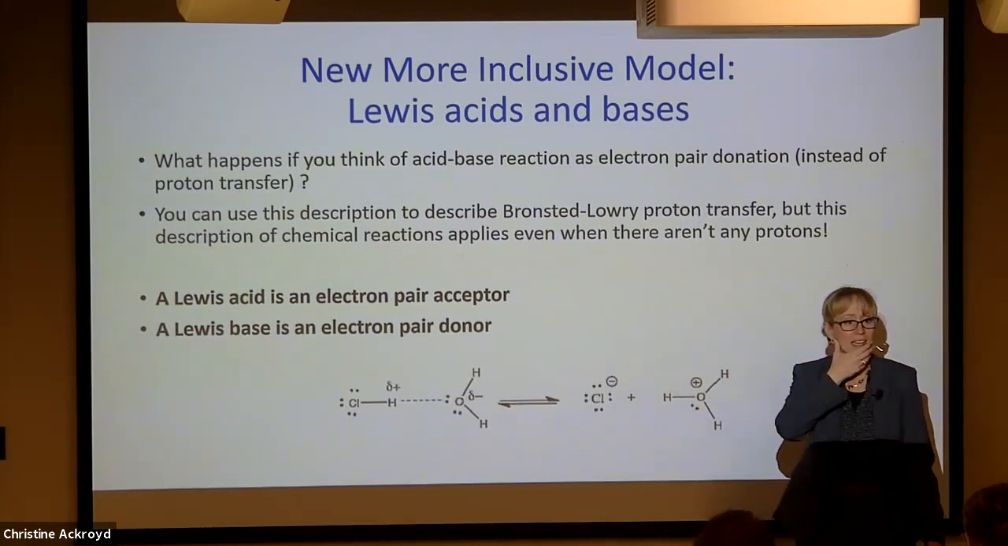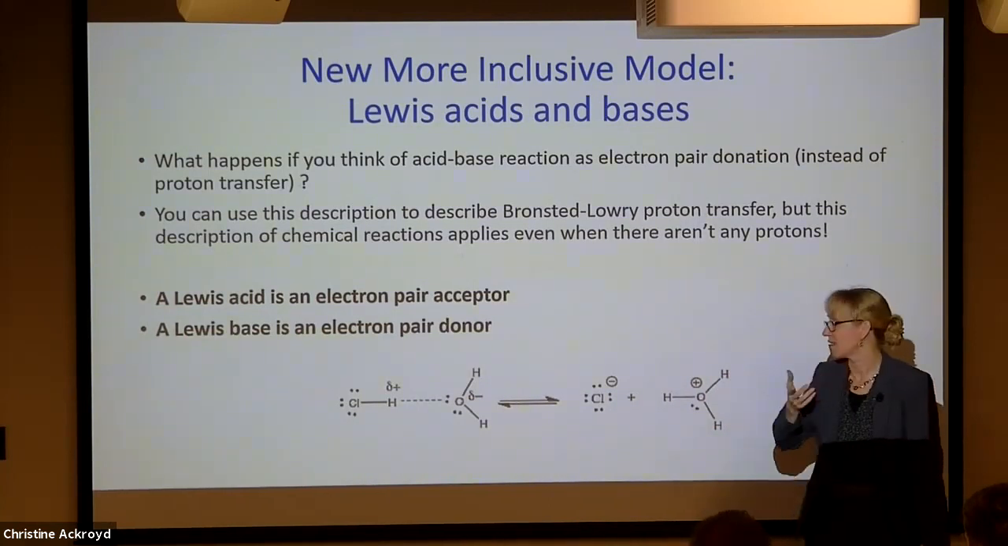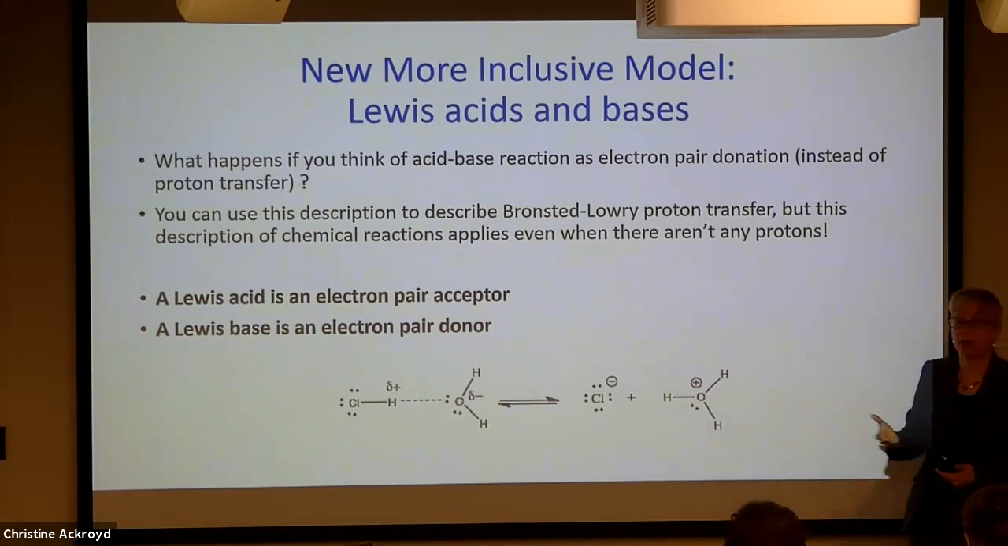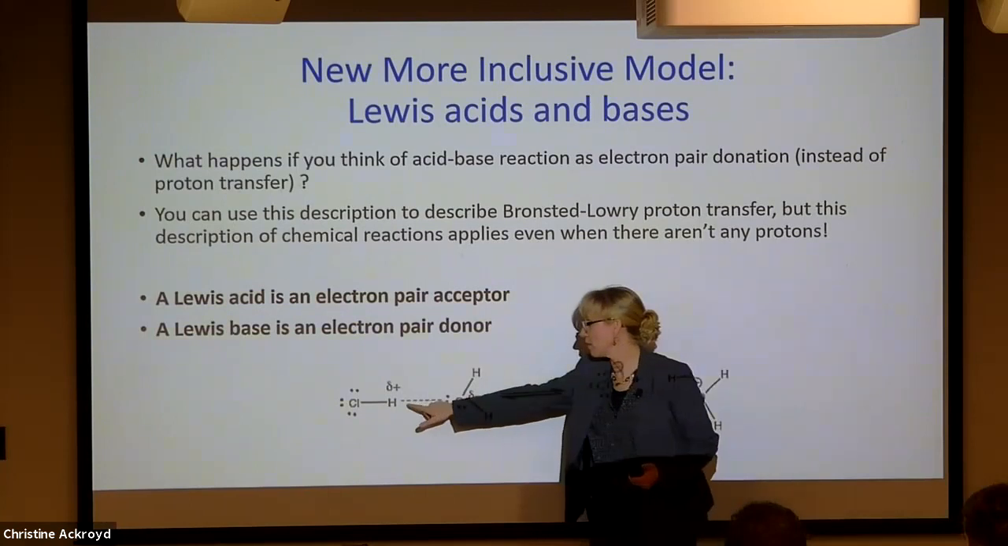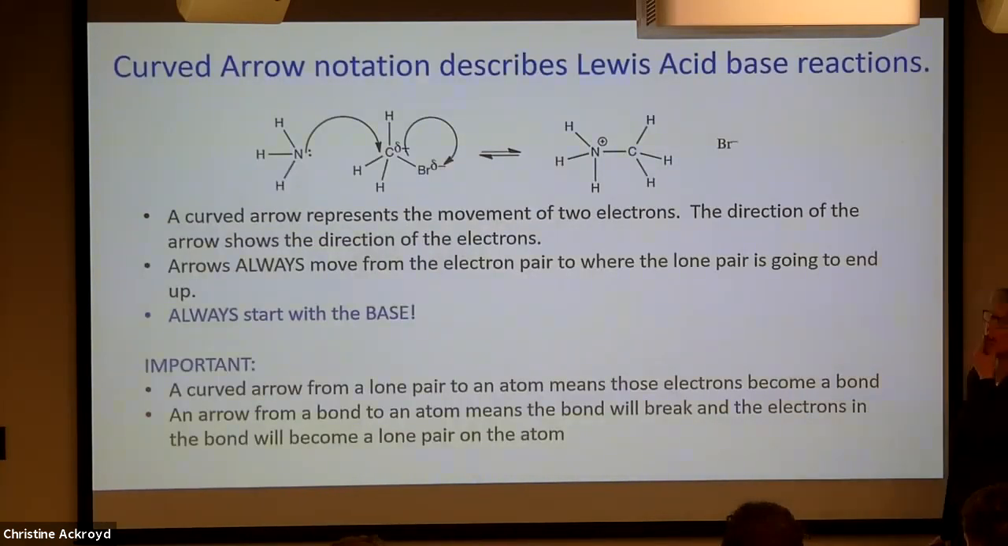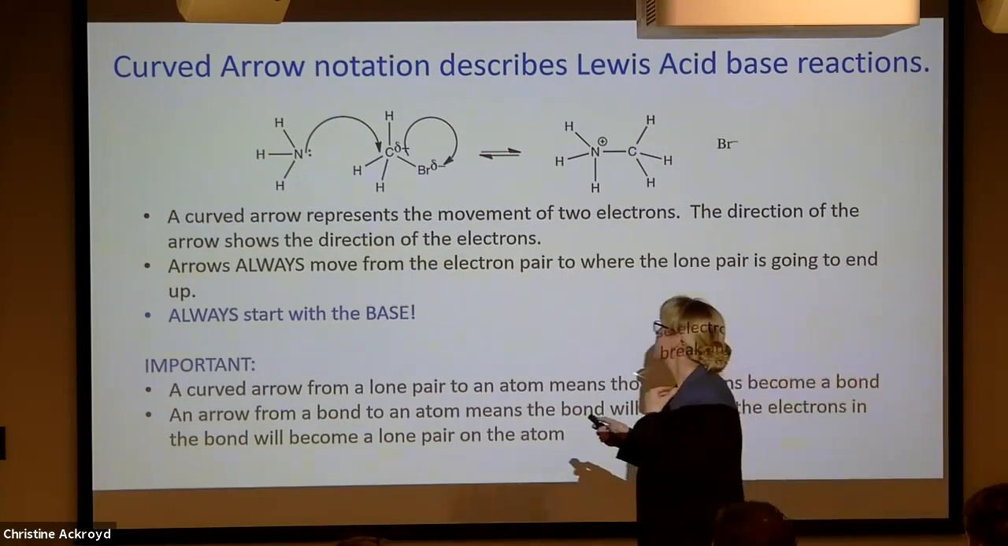What's the proton acting as? We could call the proton an electron pair acceptor because it's accepting the bond. Okay. Bronsted-Lowry acid-base reactions are actually a little more complicated version of Lewis acid-base. So let's do an easy example of a Lewis acid-base. In this reaction,